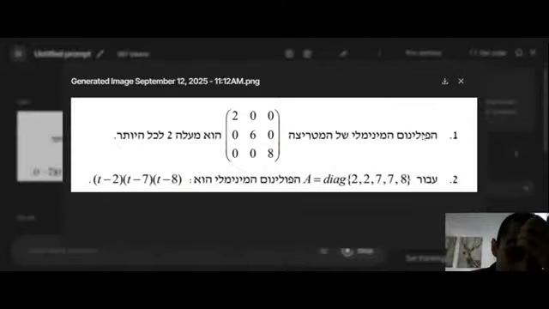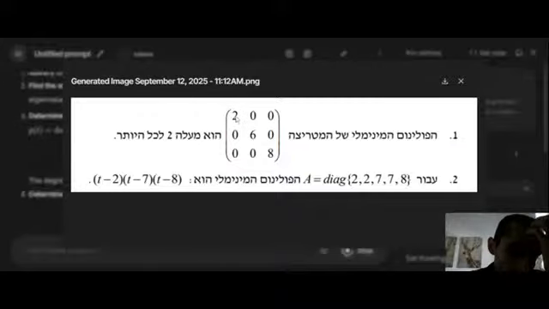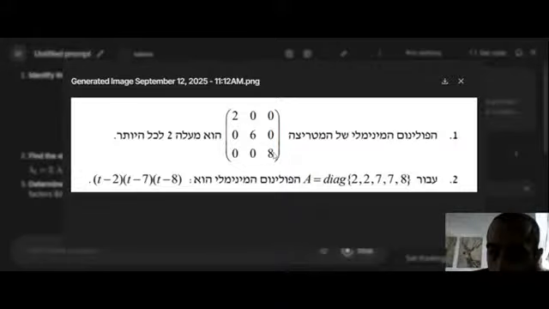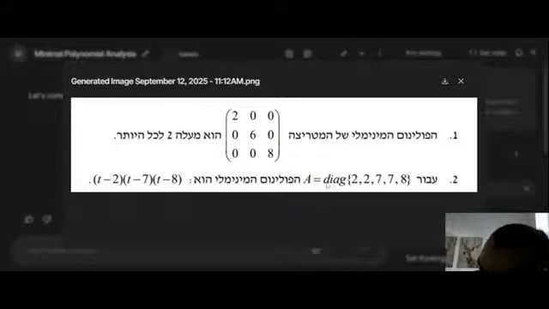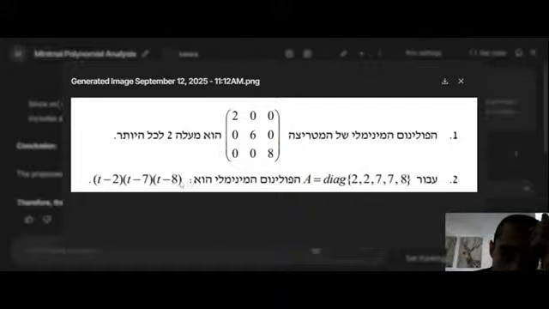Okay, so the minimal polynomial of the matrix is of degree 2 at most. I think this is not true because the minimal polynomial must have every eigenvalue, therefore its degree must be 3. For the diagonal matrix with entries 2, 7, 8, the minimal polynomial is this. I think this is true because for the matrix to be diagonalizable,